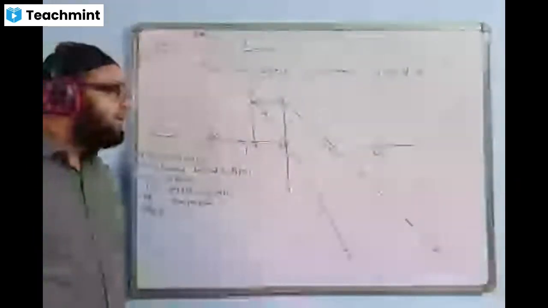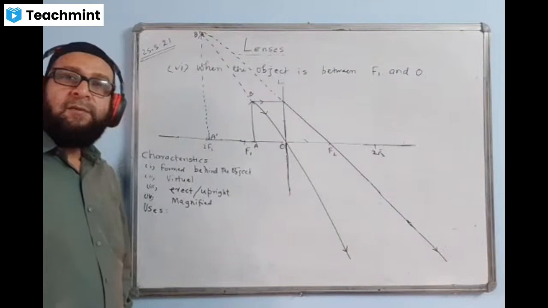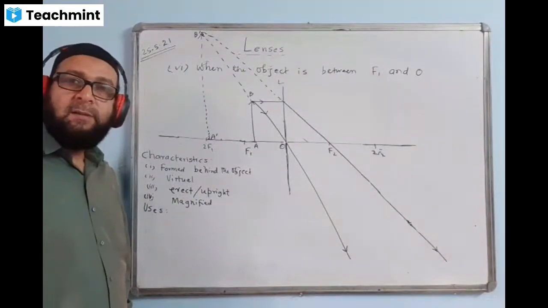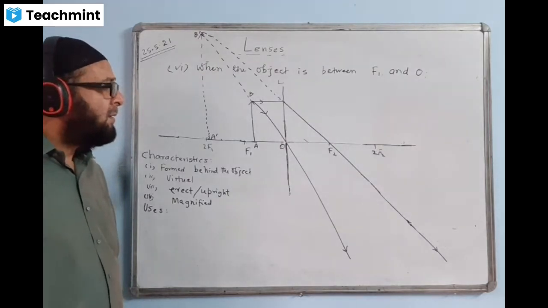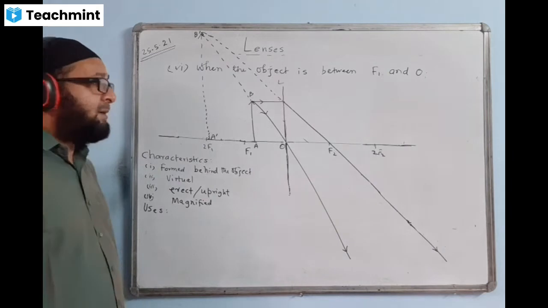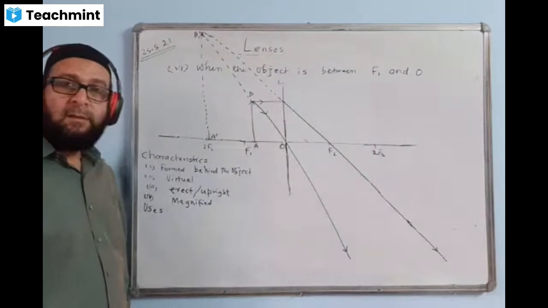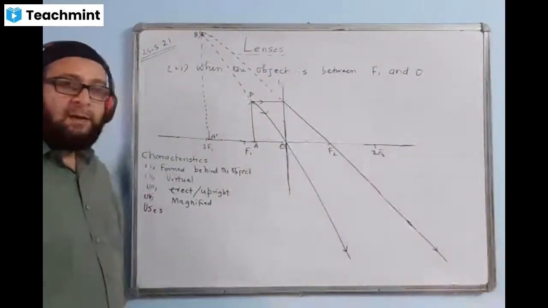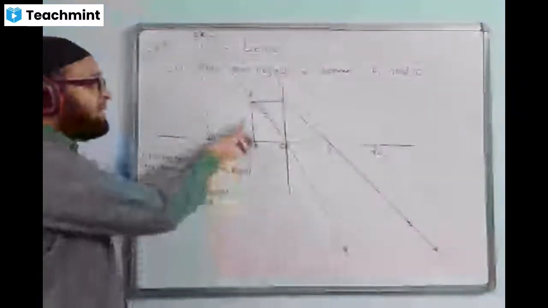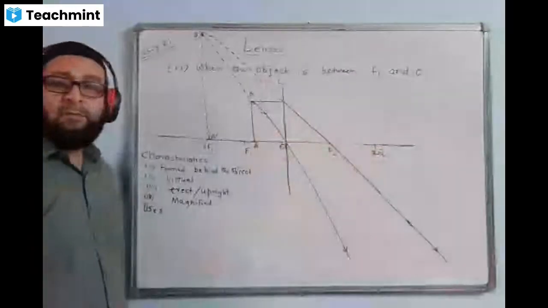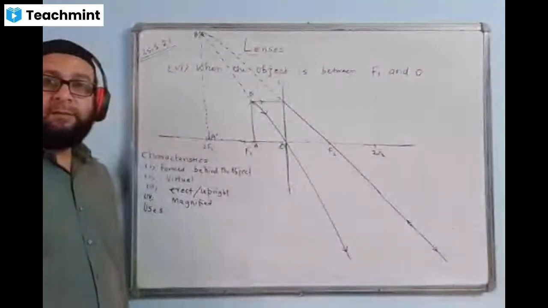From which side will you be able to see this image? There is no mirror here. This is a lens. Come on. Left side or the right side? Tell me. The other side of the object, the other side of the lens. Opposite side of the object. From somewhere here, the person will be able to see it. That is on the right side.